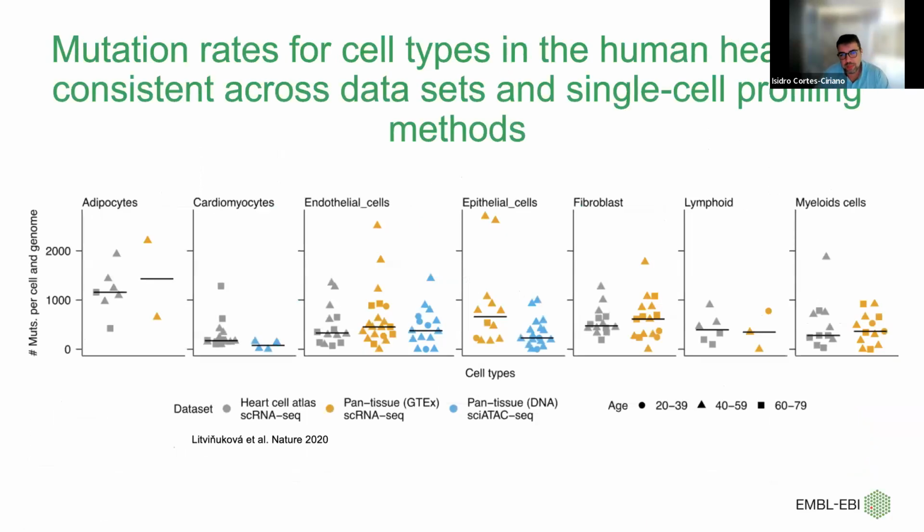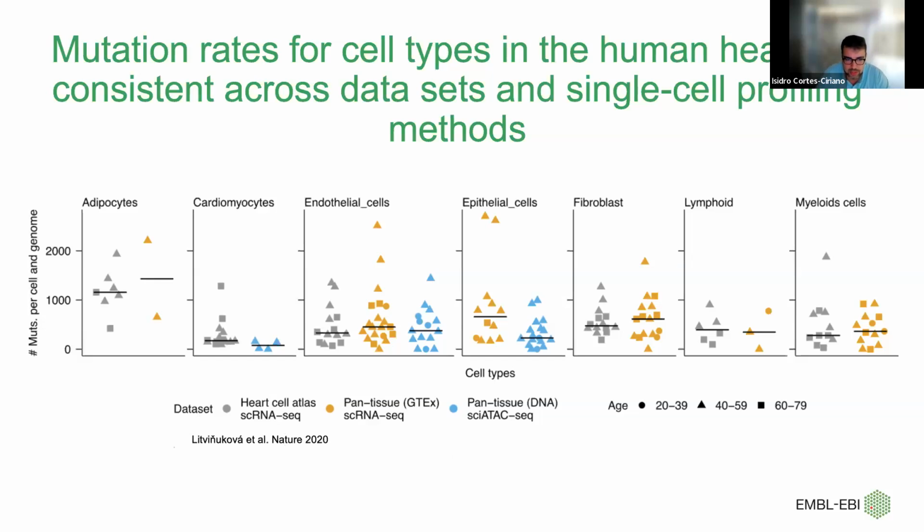At this point, we were a bit worried that there might be some batch effects and technology-specific issues that might affect the rates of mutations per cell type that we estimate. So what we did was look for cell types and organs that have been profiled across different studies, and we focused on the heart because we could find the Heart Cell Atlas data set generated by the Sanger,